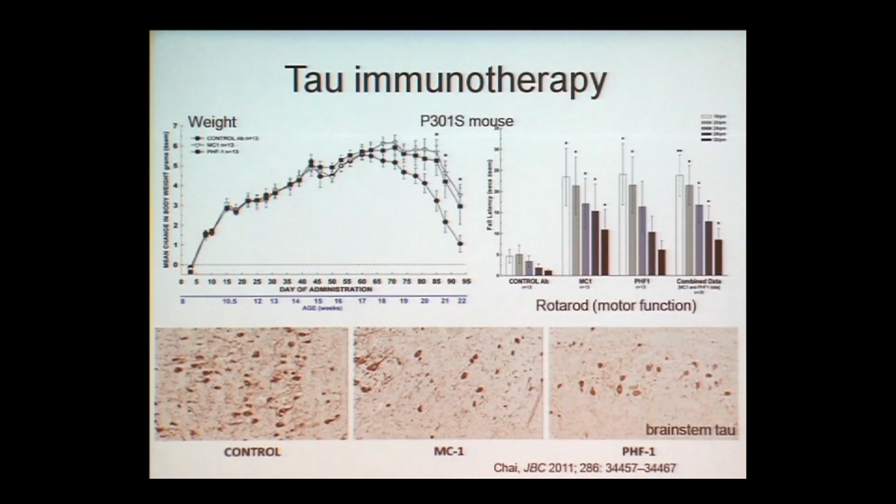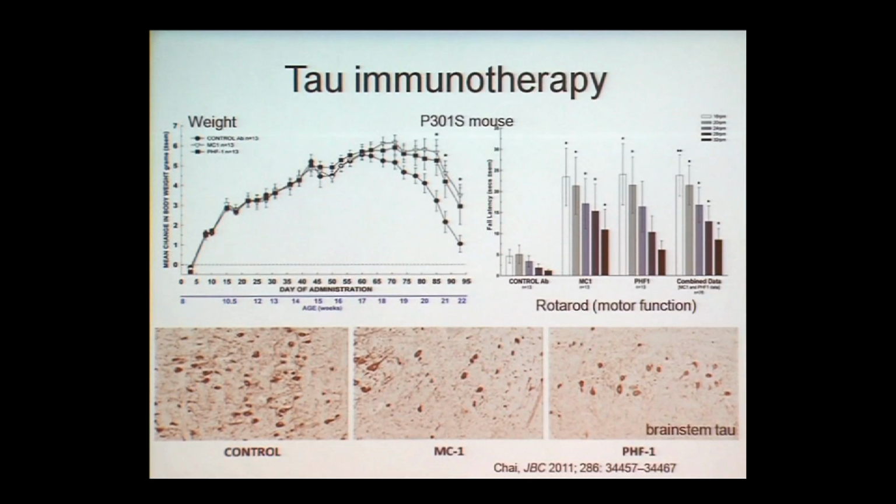Finally, I mentioned that there was immunotherapy for amyloid. It turns out you can also create antibodies or vaccines against tau protein itself. And in my mind, this may be the most exciting new therapy being developed because, as I mentioned, tau appears to be able to spread from one neuron to another. This is a study done by a group at Eli Lilly, where they used standard antibodies against tau protein